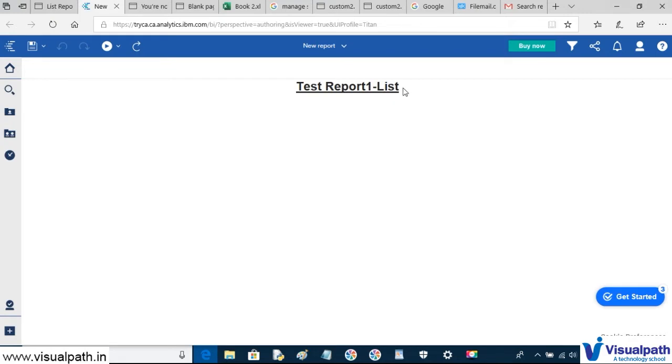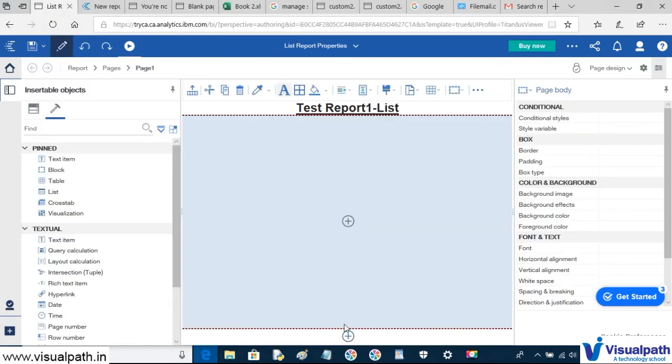Yeah, so now you can observe that my report header is this one, this report list 1. Now let's create a footer of this report where we are going to give the page number.